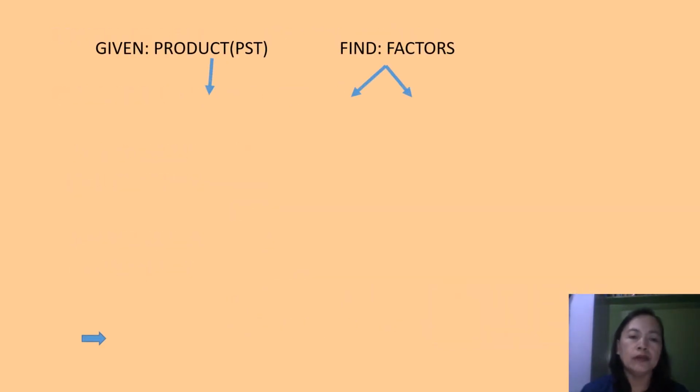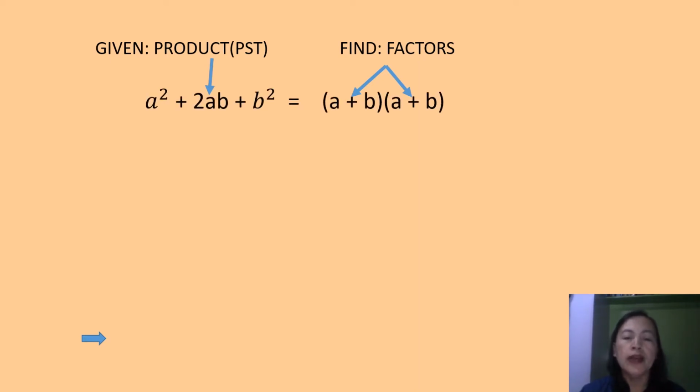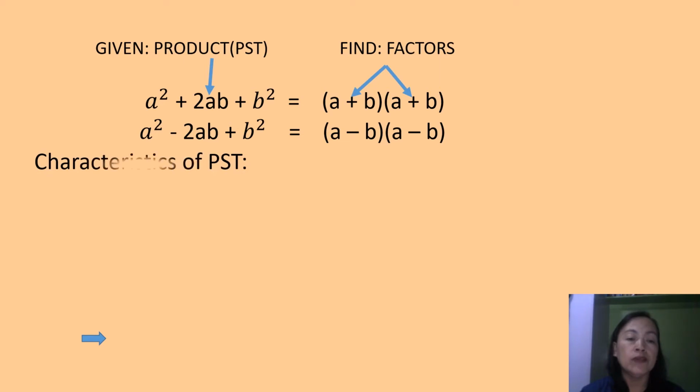Moving on to our lesson. We are now given the product, or the perfect square trinomial, and then we will find the factors. So we have the two different forms or patterns. If all the terms are positive, the factors will have all positive signs. But if the given product has a negative sign at the middle, as you can see here, we also have a negative sign at the middle of the first and the second term of our binomial